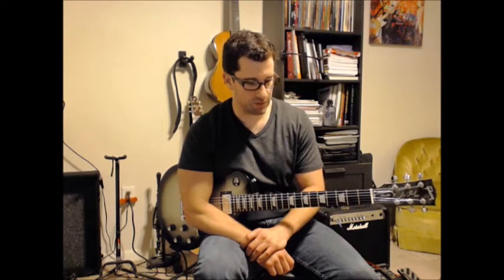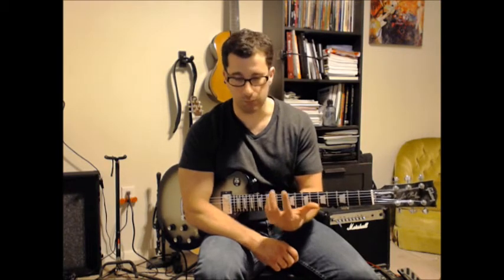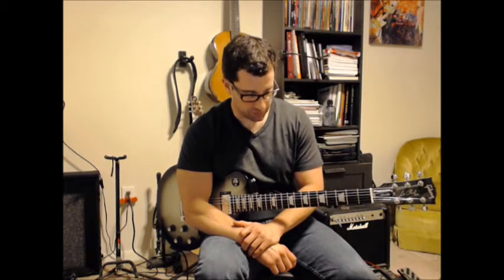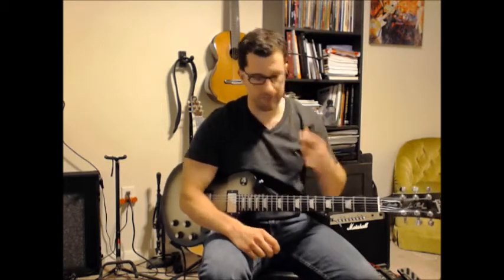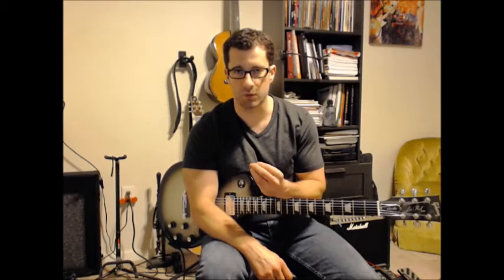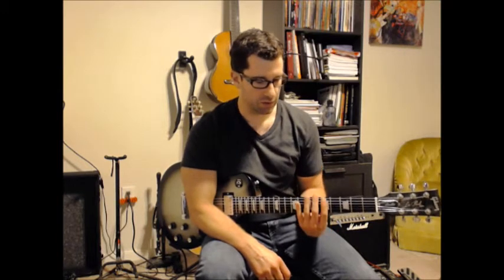So this isn't necessarily about using them for improv, but it's just running through and getting them down, learning how to see them on the neck and how they connect. So I'll go ahead and point one thing out. Every box except for one sits inside of one position. So what I mean by that is one position could be